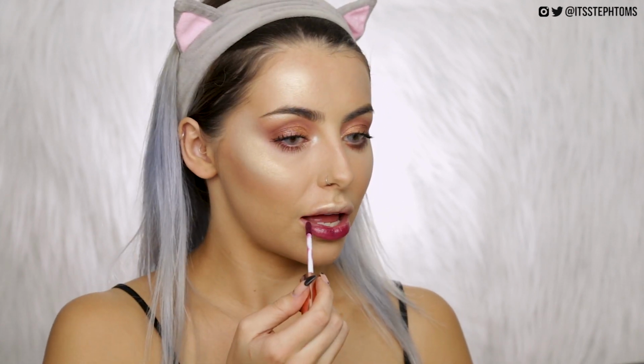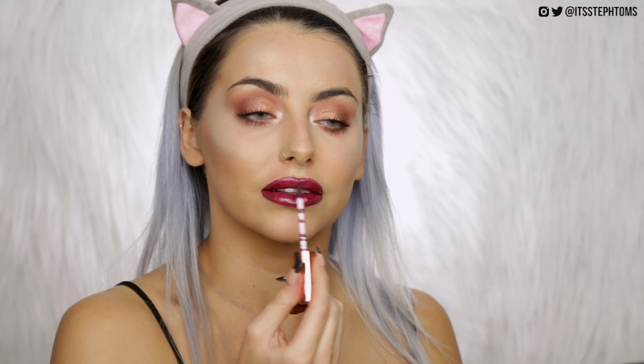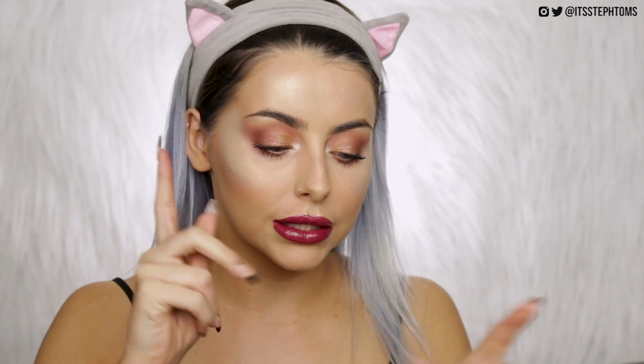Oh, it smells like coconuts. This is nice. It's not my usual colour, but I like it. I mean, I feel like I'd definitely benefit from some kind of lip liner with this, because it would be a lot easier to apply around the corners of my mouth, but that's a very nice colour. Alright, so this is the finished look featuring all the products from the GLOSSYBOX All I Want Advent Calendar, but